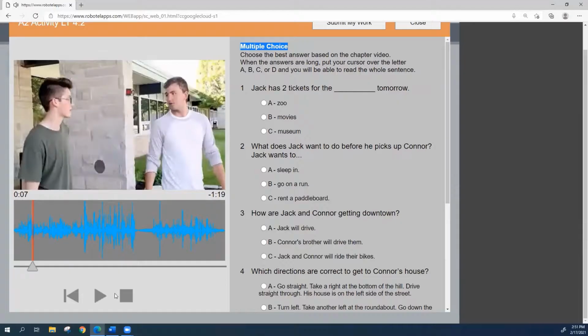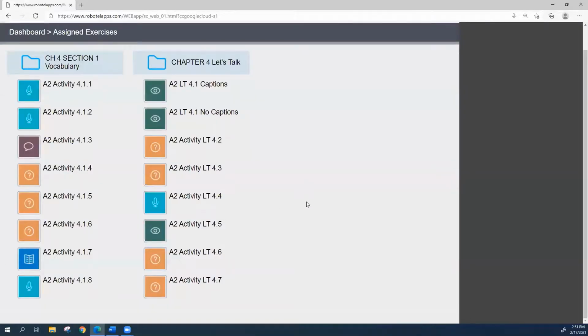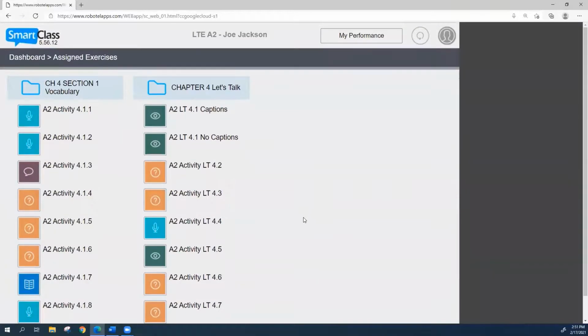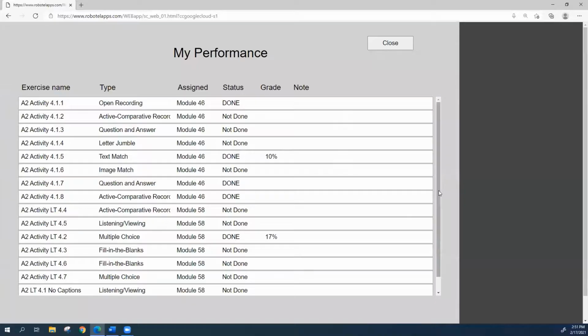In this case, you can pause the video and then answer accordingly. In this case, the student was offering 2 tickets for the museum tomorrow. Again, for the sake of the video, I just simply click some answers, submit my work, yes. Now let's say you want to check your performance. Simply click up here on this button, and you will see that some activities are complete and some already have